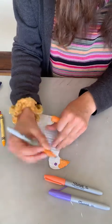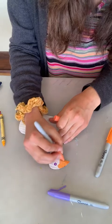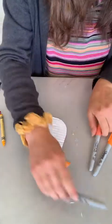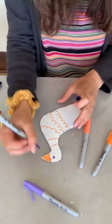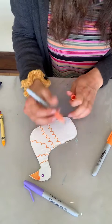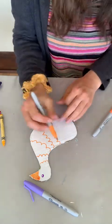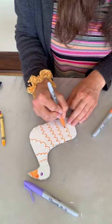You can blend your Sharpies too, so maybe I'll use this orange over top. It doesn't really help, but oh well. Maybe I'll add a little dot for the nostril. There we go. If you want, you can give your bird some eyebrows or a mustache, maybe a bow tie,